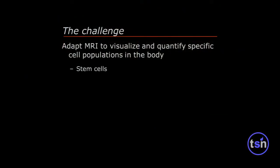So I'm going to tell you a few stories today about some of the work that I've been doing, adapting MRI to visualize cells and molecules in the body. And pretty much that's what I've been working on for the last 20 years, in one form or another. Historically, MRI is thought of as a clinical tool for diagnosing lesions, and it's a routine medical procedure. But what I'm intrigued by is the fact that you can use this to study basic biology. And so I've been adapting MRI to visualize cells and molecules in the body, and I'm going to be focusing on stem cells in the coming years,